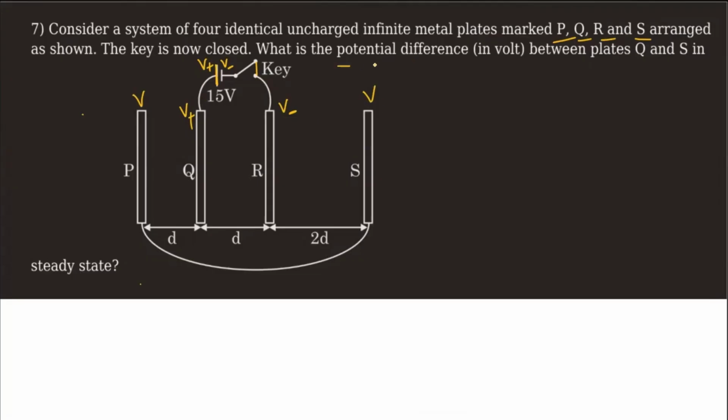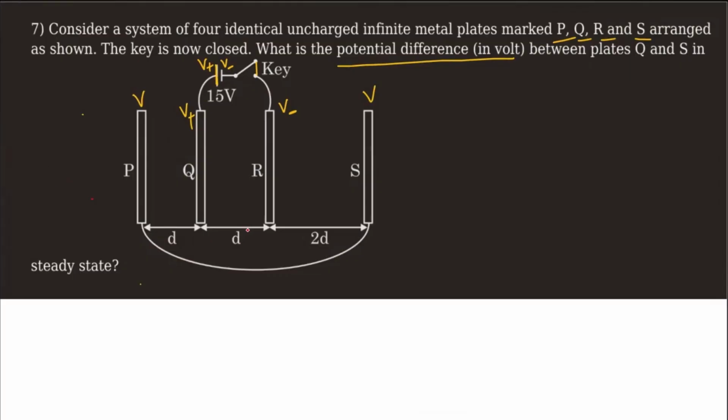If we have to simply calculate this, we can do it within 1 minute. But I actually want you to look at very different things that may get asked in this question. Like, how much charge will this battery supply? What will be the charge distribution on all these four plates on their 8 surfaces? I mean, if you have 4 plates, then overall you're getting 8 surfaces, front and back, adding up all those front and back surfaces, right? So let us look at all these different things.